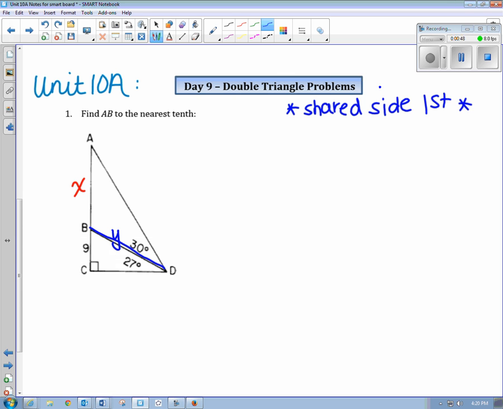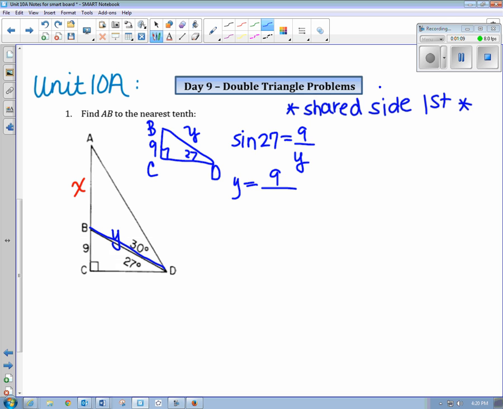In the smaller triangle, the one that goes from B to C to D, it has an angle measure of 27, a side of 9, and a side of Y that I'm looking for. It's a right triangle, so I can use right triangle trig, the SOHCAHTOA. Sine 27 equals 9 over Y. So Y is equal to 9 divided by the sine of 27. And in this case then, when I type that in,